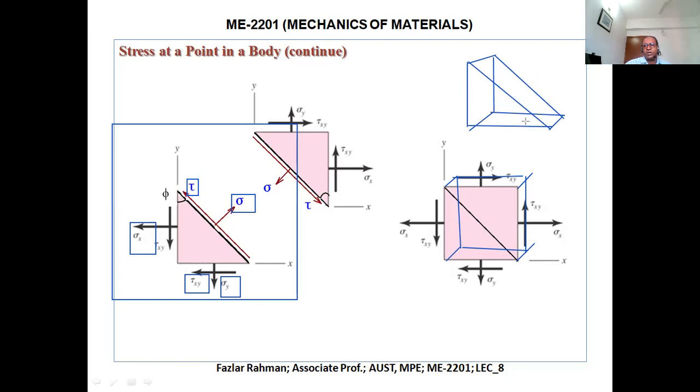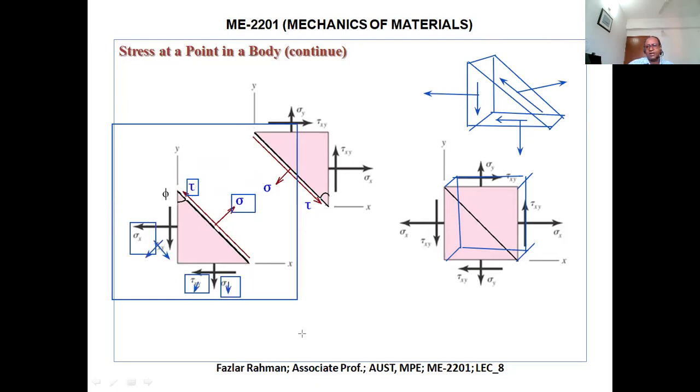So your tau xy is working on this surface along this direction, along this direction in the bottom. Sigma y is working downward, and sigma x is working along this direction, tau xy along this direction. Then this tau is working along this surface, and this sigma is working perpendicular to this surface. Now, my question: this sigma x we know, tau xy we know,